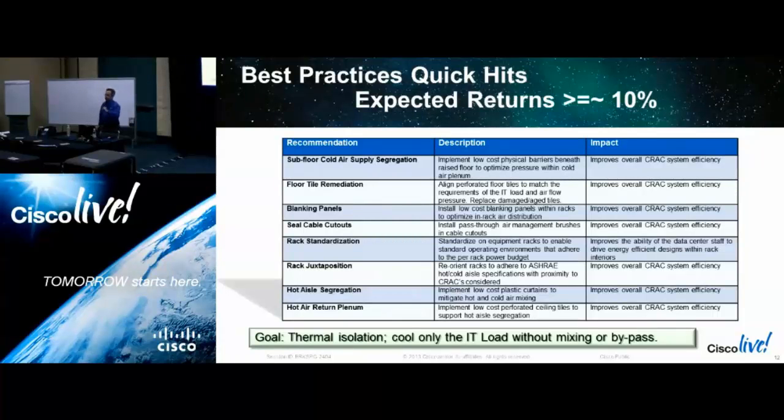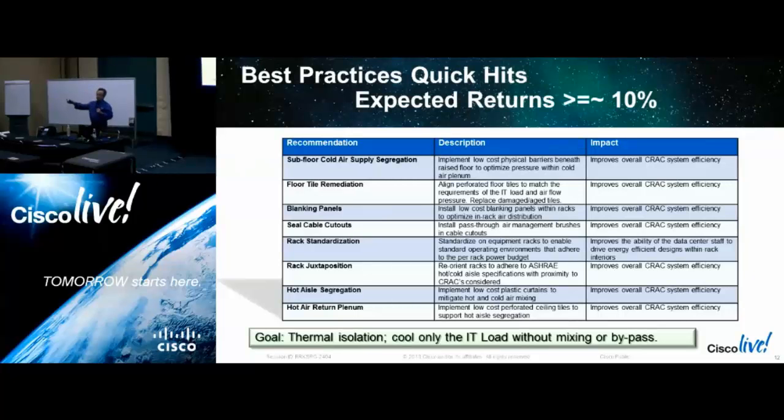Where are the tiles not fitting right? What's discolored? Look at that CRAC over there by the end of the hot aisle. Is it discolored? Buckling in some fashion? Showing some kind of water damage? If so, take a picture, take a note. That paid for some of your Cisco Live.